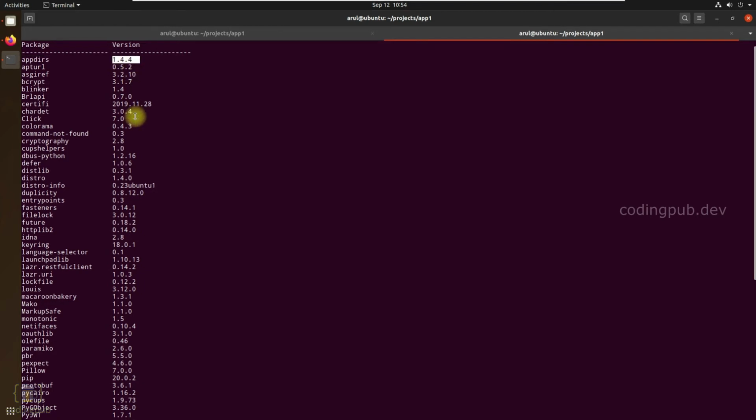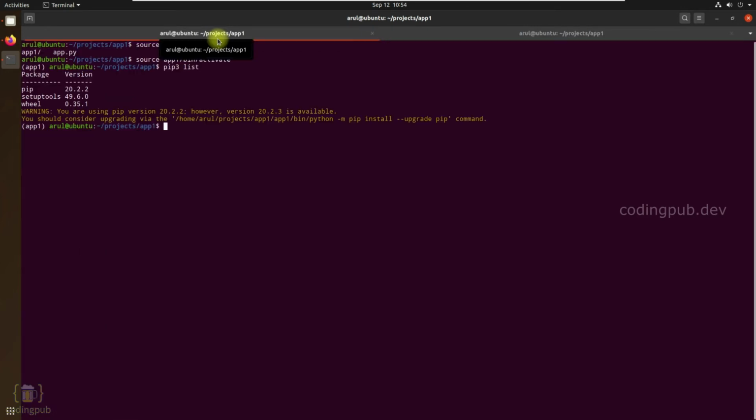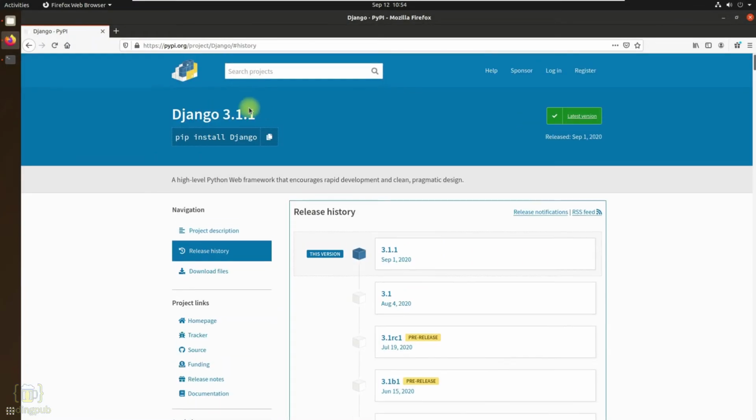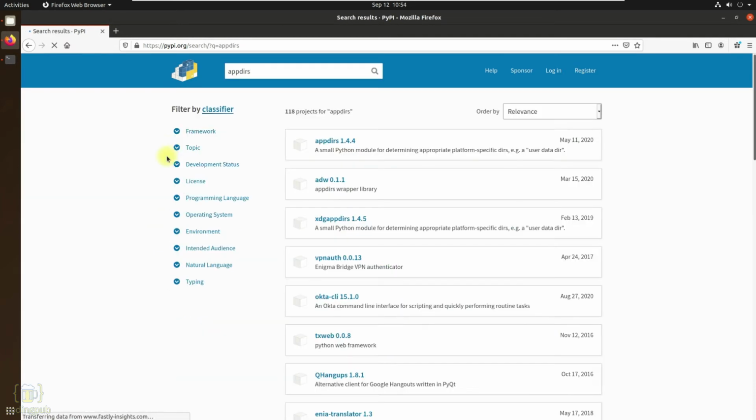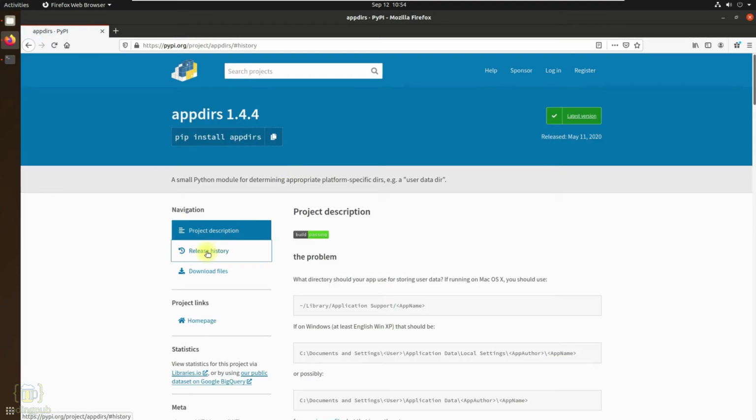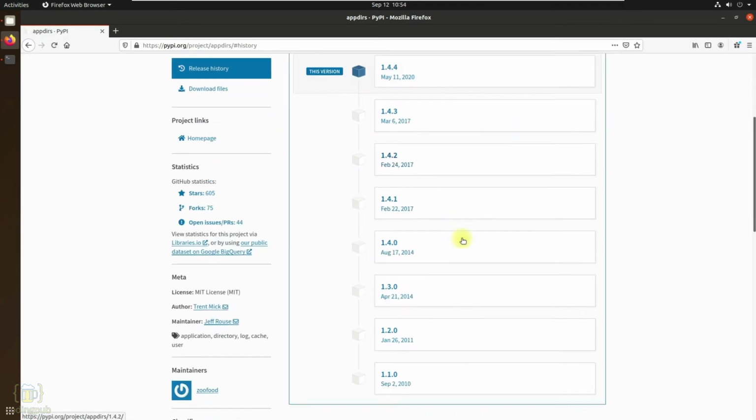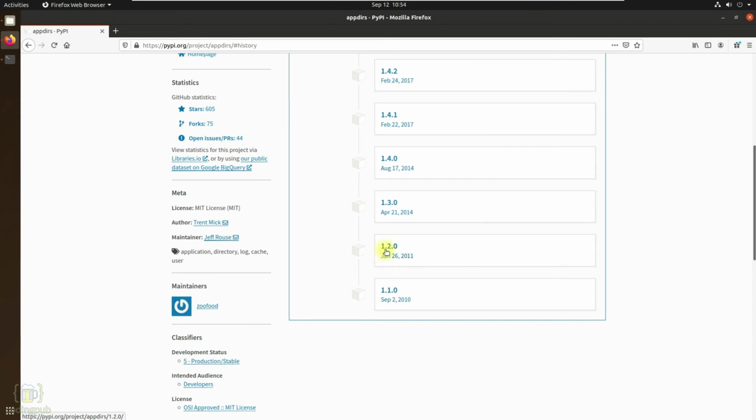Let's try to install a different version in our virtual environment here. So let's go to the Python Package Index and search for the package. Let's try installing version 1.2.0 in our virtual environment.